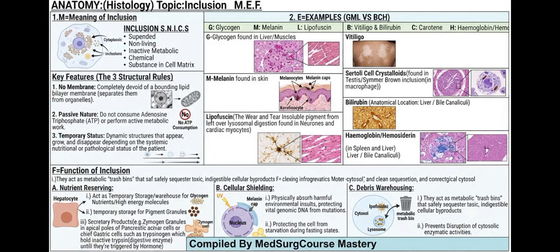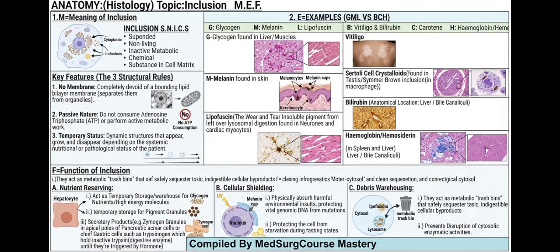V is for vitiligo and S is for Sertoli cell crystalloid. Sertoli cell crystalloid is found in the basement membrane of the testis. You also find Sima brown inclusion in macrophages. Take a second and write this out. Did you follow? Alright, next one we push, we have V is vitiligo, S is Sertoli cell crystalloid, and B